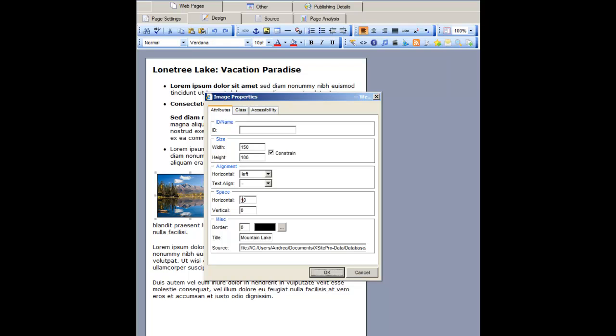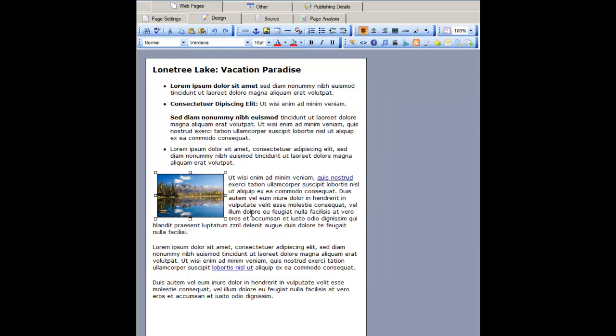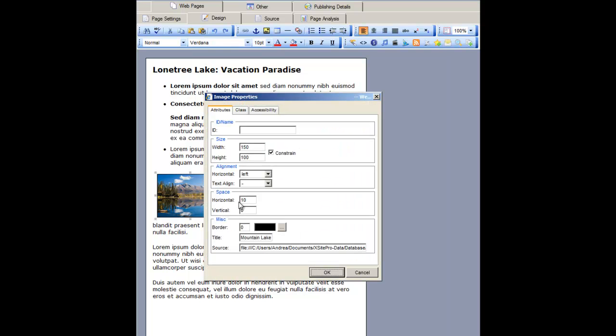So when it's horizontal, it's right and left. When it's vertical, it's top and bottom. And if you put something in all of them, then there's a space on all four sides. You can't do just one out of the four sides at a time. To do that, we'd have to use some CSS. So I'm just going to remove that